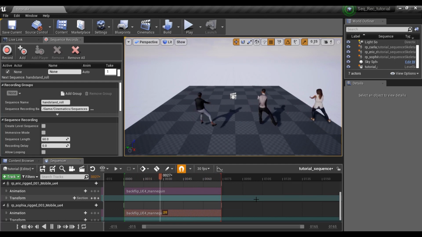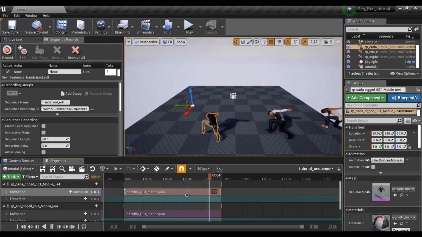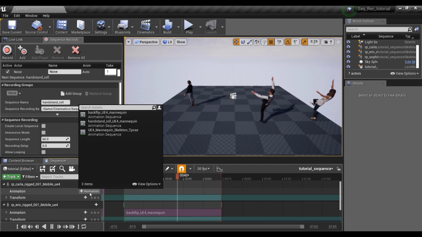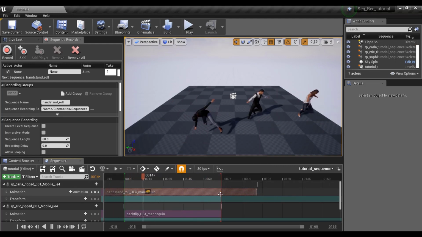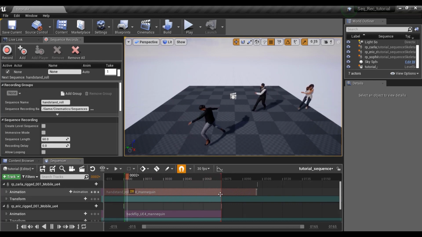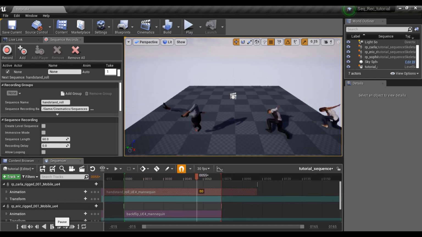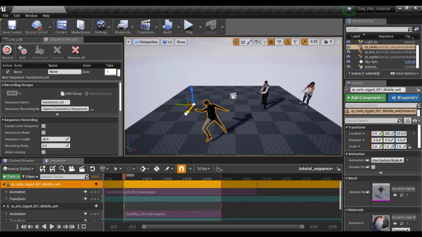At any point, I can decide to change a character's animation within the sequencer. I will first want to delete the current animation, and then I will go ahead and apply the handstand roll animation. After adjusting the sequencer a bit, my character is now performing a different action without any issue. If needed, I can globally reposition my characters at any time,